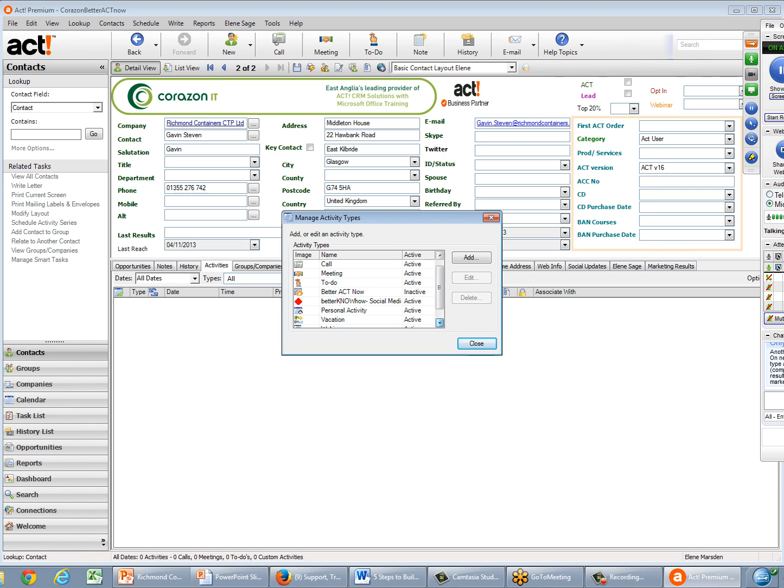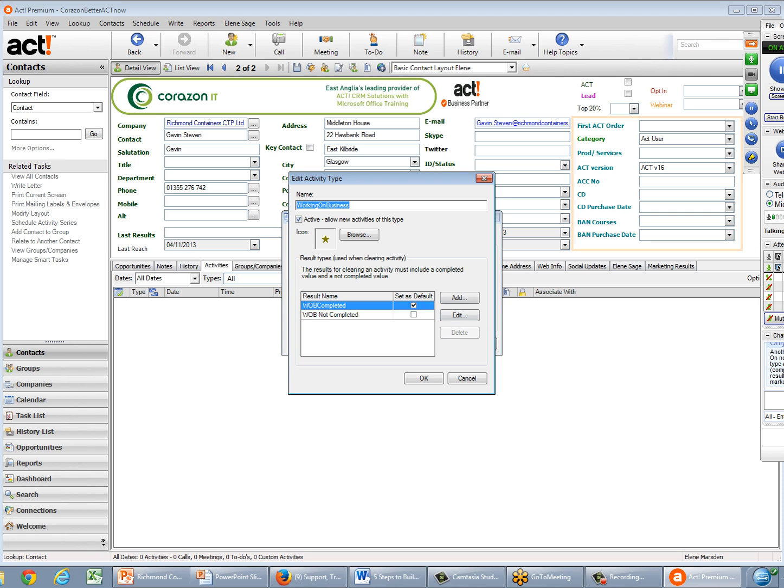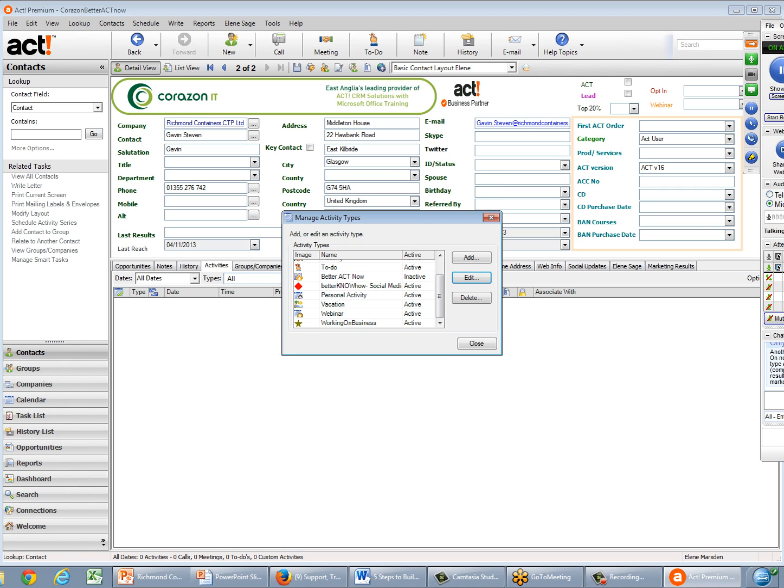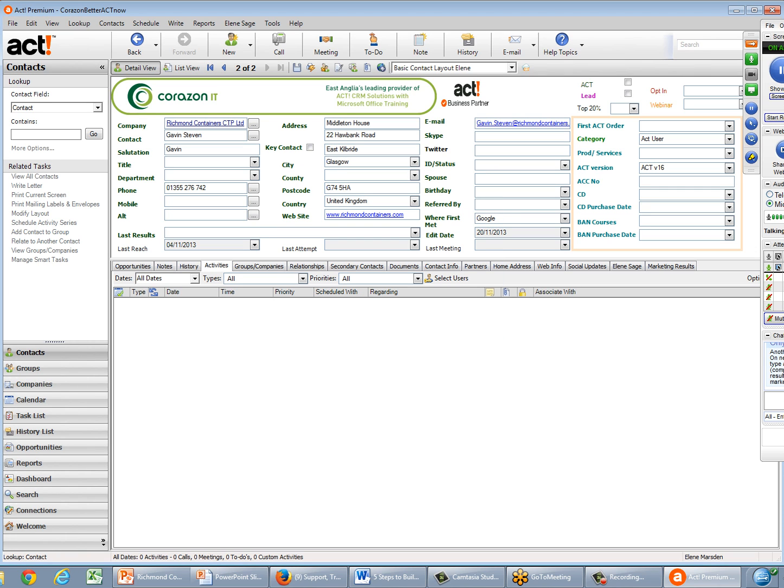So if I show you the one that I had, working on business, edit: working on business completed, working on business not completed, and you can use your own different icons, etc. So yes, you can, and obviously then that will drop into your reports too. So that's how you would do that.